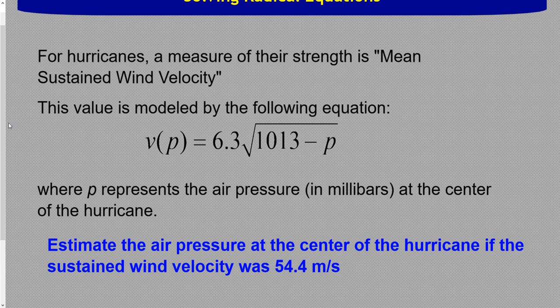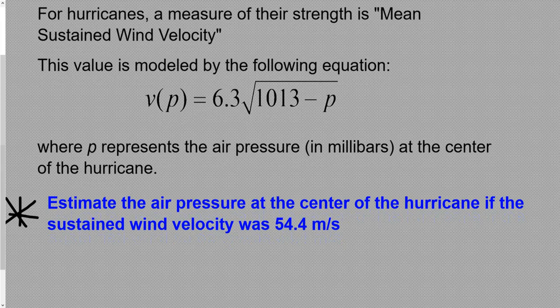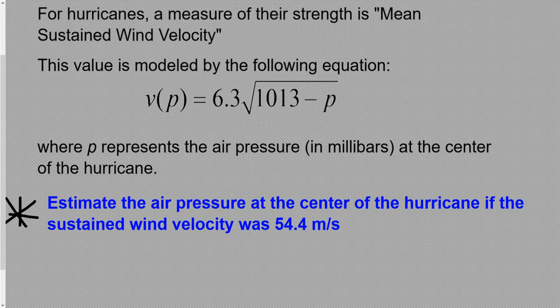I would imagine if you get a degree in meteorology, you would learn that. We're just going to use the equation. So our task is to estimate the air pressure at the center of the hurricane if the sustained wind velocity was 54.4. So the problem is what we've been given is not p, right? P is what I want. I know this thing. So I know that 54.4 is equal to 6.3 times the square root of 1013 minus p. And p is what I'm looking for. So we just need to solve